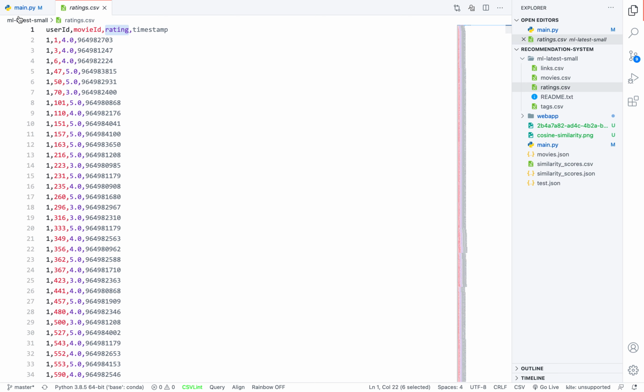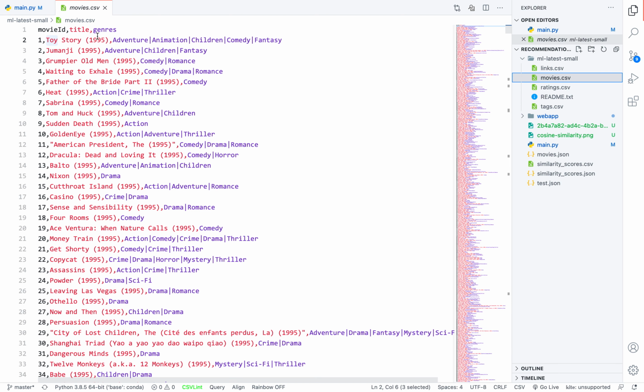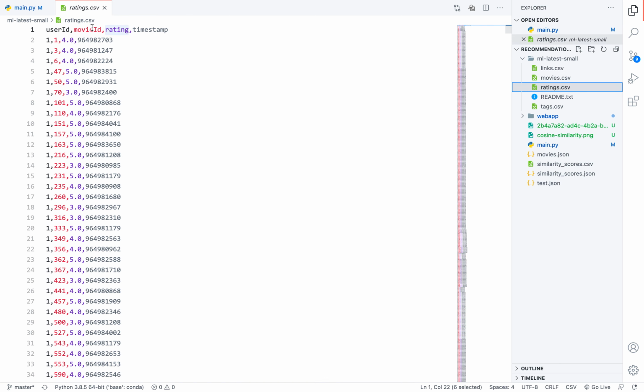Basically we want to process only the title column from movies.csv, and the user id and rating columns from ratings.csv, because this rating is important to build a recommendation system.